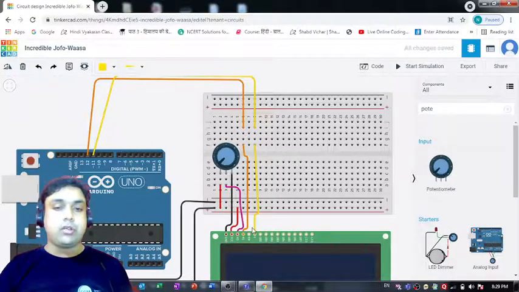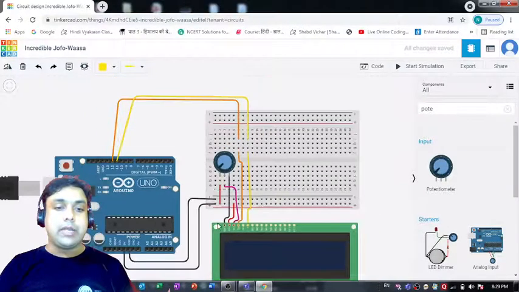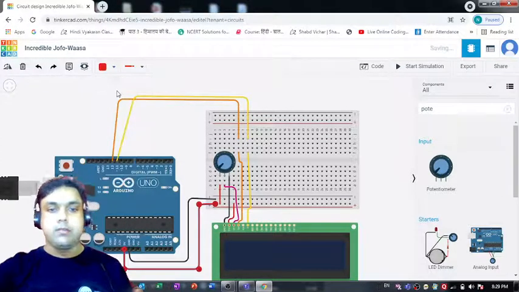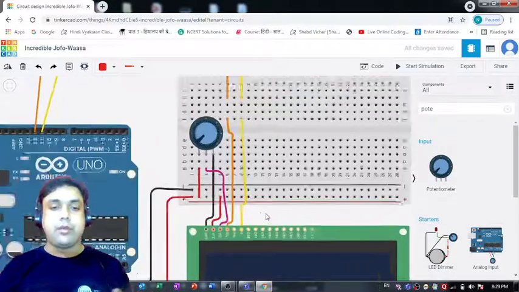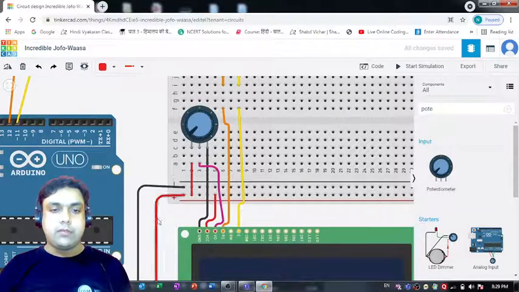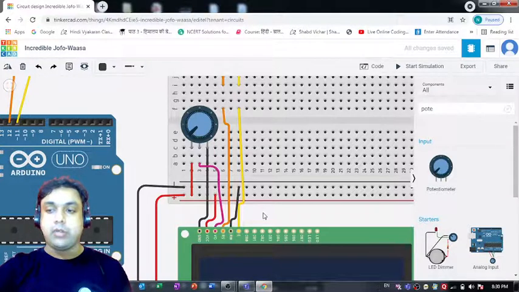Now that's the read write pin. To which point of this breadboard do I need to connect it? Let me first change this one to red, because this is a live wire, right, in which the electricity is going to flow. It's not a ground wire, so that's the reason I've changed it to red. Let's use the black color wire, and I'm connecting this read write pin to this negative terminal of the breadboard, right? That's how you have to make the connection. Remember this thing.